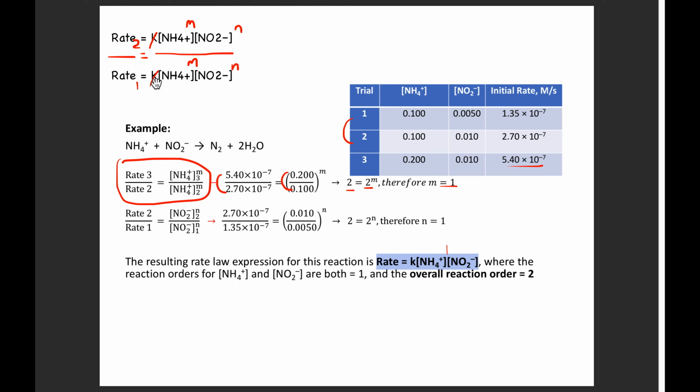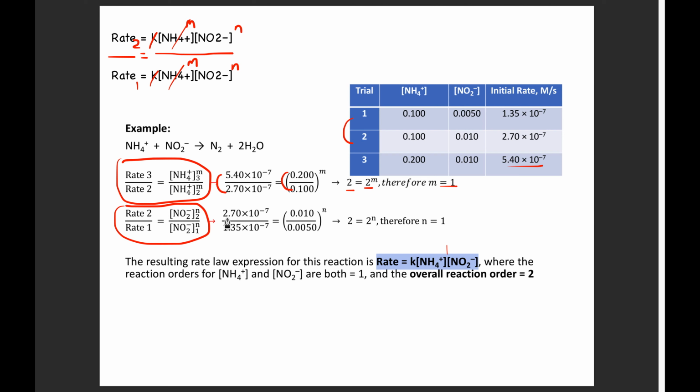Well, K still cancels, so we'll leave that alone. But now, look, ammonium is the same, right? So 0.1, 0.1. If I plug in 0.1 and 0.1 over here, right, that goes away, that goes away. So now what are we left with? Well, we're left with this,